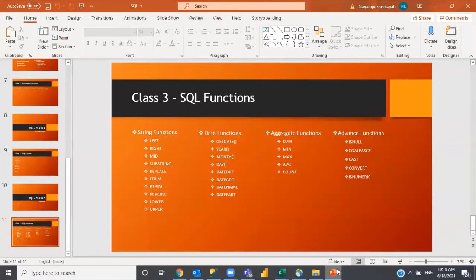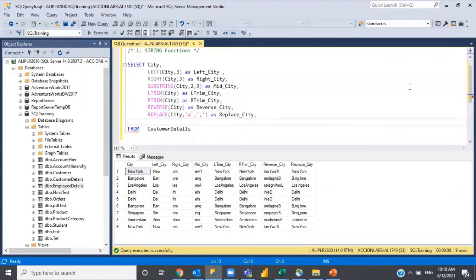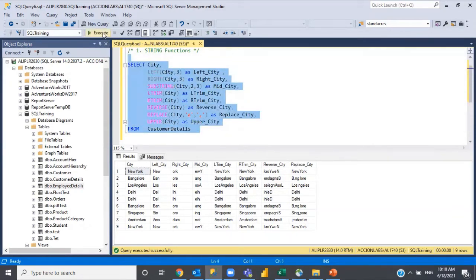And there are some other functions as well. If you want to convert everything into uppercase, the capital case, then you need to use the upper function like this. If you want to capitalize all the letters, use the upper function.